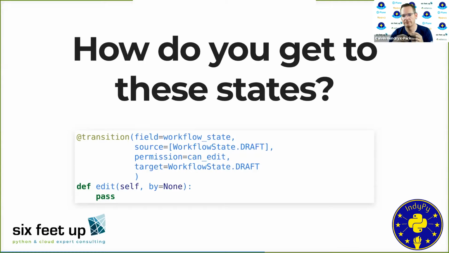So in this case, if I was the author of the item and the item was in the draft state and the can edit says I'm the author and can edit it, when I retrieve the list of available transitions for workflow state, edit will be one of them and allowed for me. So I can now programmatically display buttons or fields on my form that are relative to my level of permission for that item at this point in time.